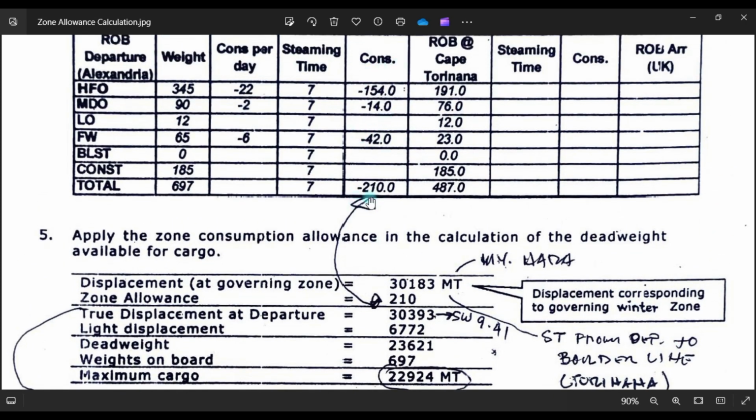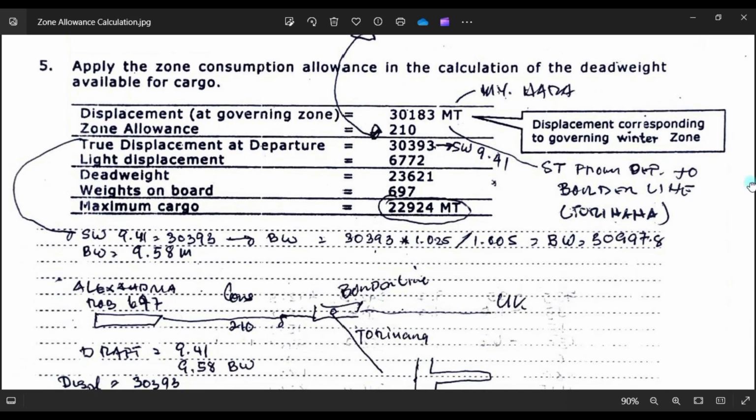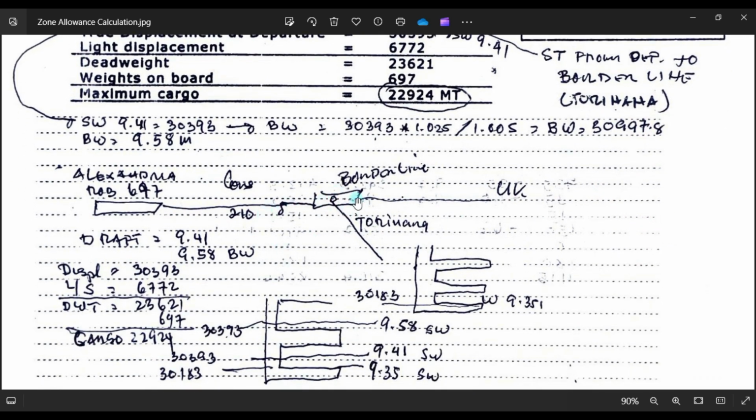So you add all the consumption, then you add this to your governing zone displacement, and you will have a true displacement departure of 30393, which is, if freshwater is 9.41, if you convert it to brackish water, then you will have a drop of brackish water of 9.58, local density 1.005, and a displacement of 30997.8.